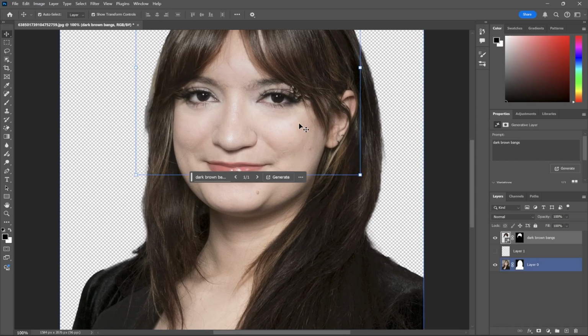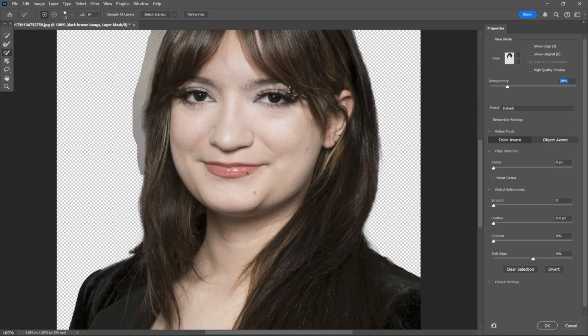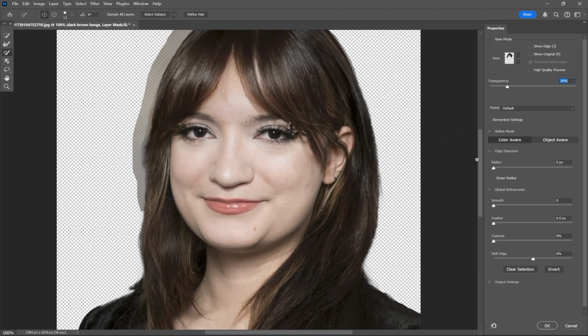I do not know what is going on here. And so I want to fix that, and I can do that by doing what I did earlier with my masking layer. I'm just going to double click that mask layer on my variation layer, and we're brought back to a similar screen, but instead of adding back in something that was removed, I'm going to remove something that was added in.